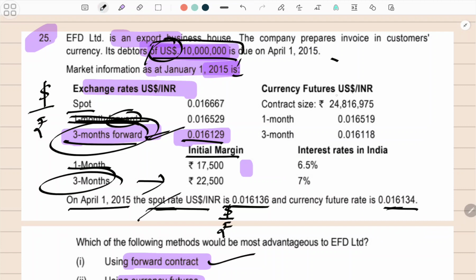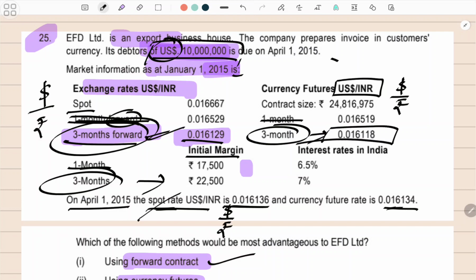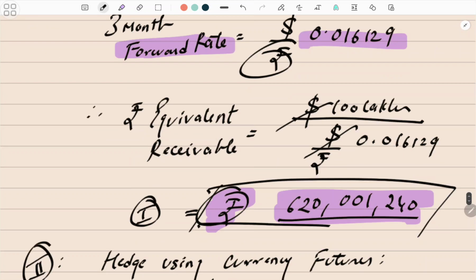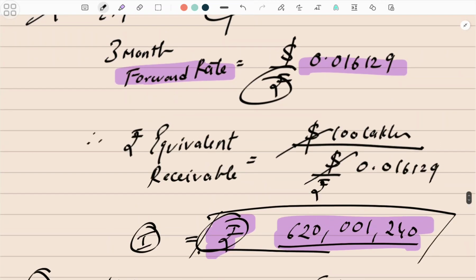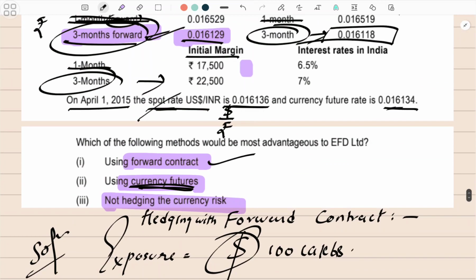Here it is, dollar by rupee. This 1 month is of no use, 3 month is what we are looking for. They have not given the bid and ask, just one simple rate. So dollar by rupee, and we have the dollar exposure, so we have to divide this. We need the rate. Let me memorize this rate,